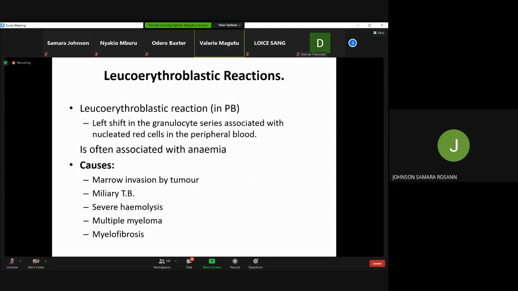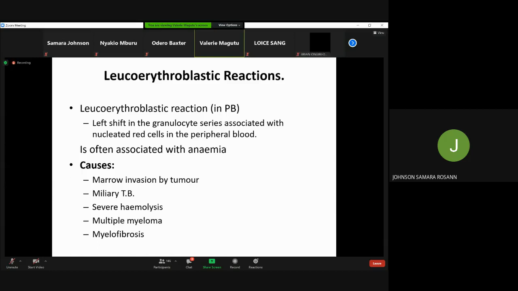This is often associated with a drop in cell counts, for example, an anemia, and can be caused by, so I'm seeing the chat flashing. Yes, neutrophil alkaline phosphatase, yeah, or leukocyte alkaline phosphatase, yeah. So